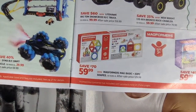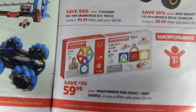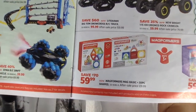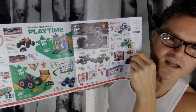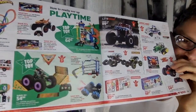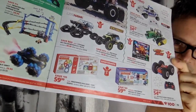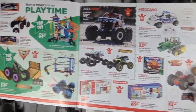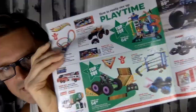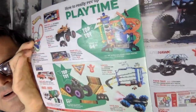These magnet toys, I know I've never owned any of those. What are those called? Magformers. I think that's like a smart toy. If you want your kid to grow up to be smart and be an architect, I think those are the toys, and they look good in your home. Those are rich kid toys. I think that you should. Oh, look, we can see the...